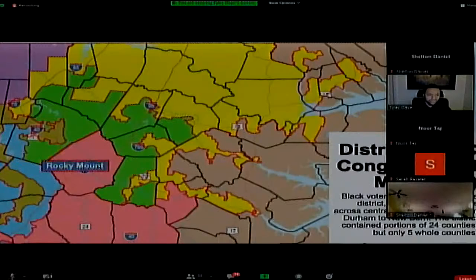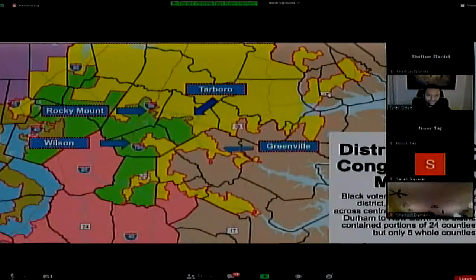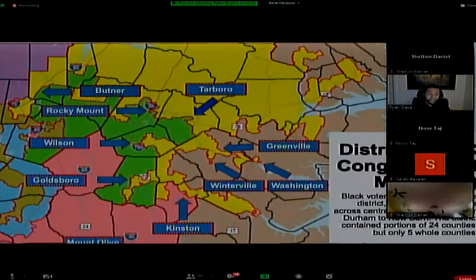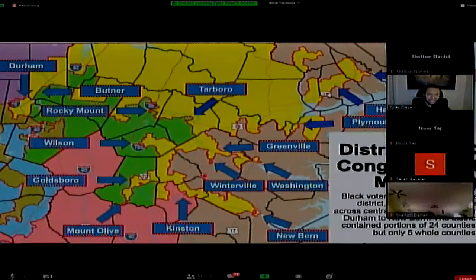And I'll just want to end this section by showing you this. Rocky Mount and Tarboro both split in this District 1 from 2011, but I just want to give you an overview of all the cities that were affected, all the cities and towns that were split: Wilson, Greenville, Winterville, Butner, Washington, Kinston, Goldsboro, Mount Olive, Plymouth, New Bern, Durham, Hertford, Elizabeth City. All of these places were split, and you know, what happens is that when your community is split,